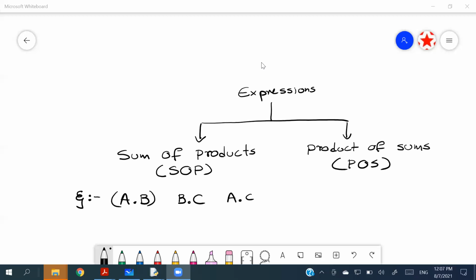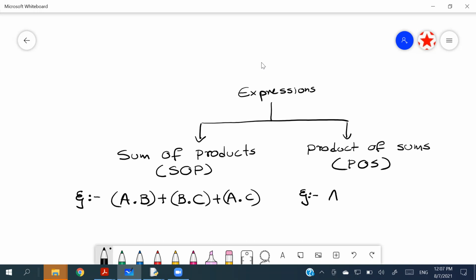Okay. So we were in here, A dot B and B dot C and A dot C. These are called products. So this is going to be connected with pluses, right? So this is called sum of products, right? And how the product of sum can be implemented, it's like this,